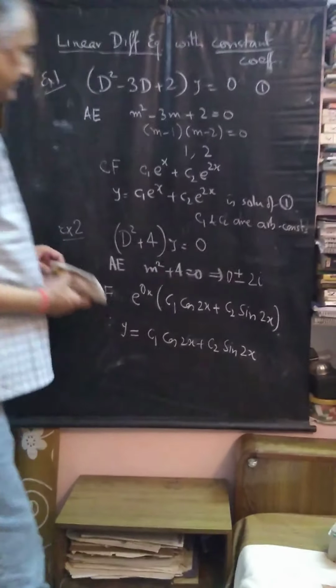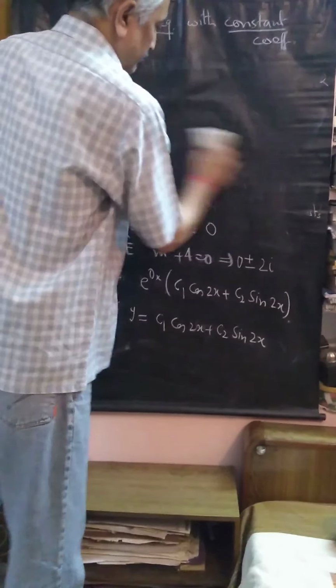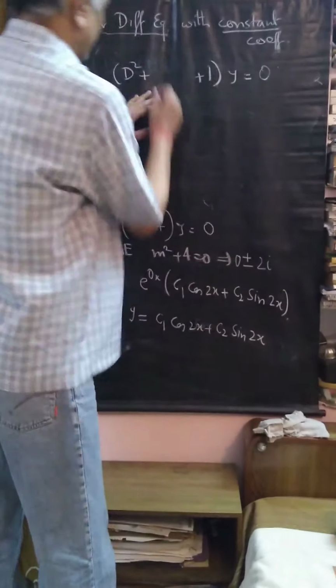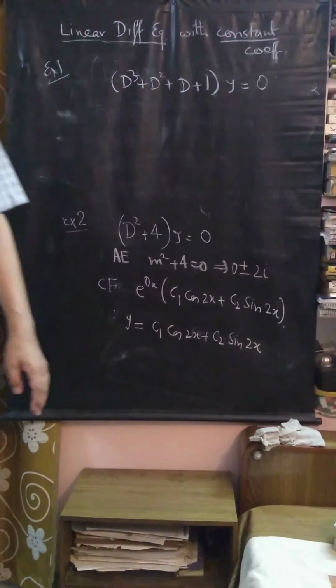Let me give you one last example in which you have a combination of the two things. For example, you have a D squared plus 1 and a D plus 1 as well. And their product with y is, I'm keeping right hand side 0 because I've not told you how to find particular integrals so far, so we keep this 0. So this is D cube plus D squared plus D plus 1, y equal to 0.